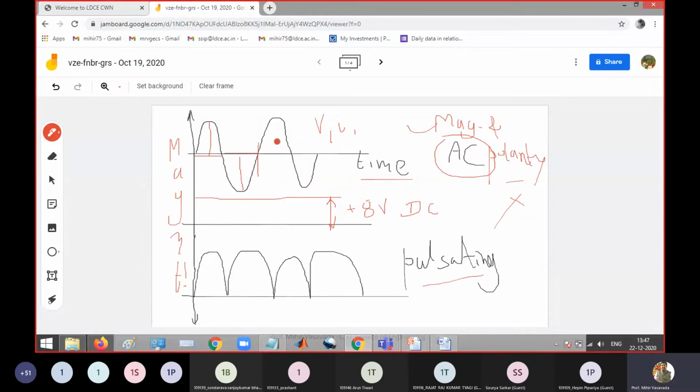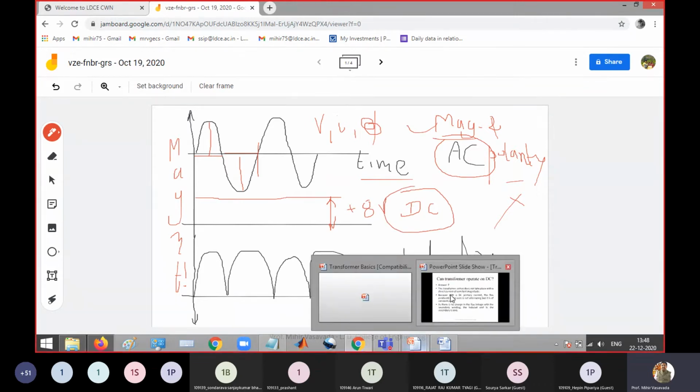Right. So because of that, this is a continuously changing magnitude and polarity with respect to time. So your winding is stationary on core. So when this alternating, that is time changing flux, links with the stationary winding, then it will induce the EMF, because as per Faraday's law, there must be some relative movement between the flux and the conductor, or magnetic field and conductor. But when you apply DC, there is no scope of doing it, right? Hence, there is no EMF induced.